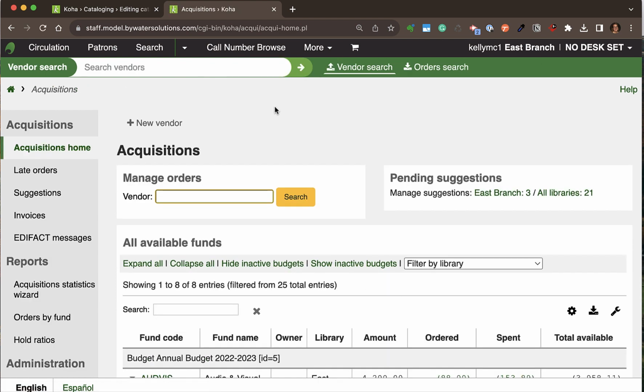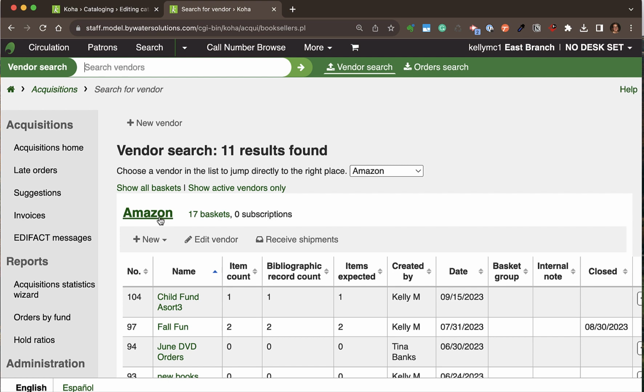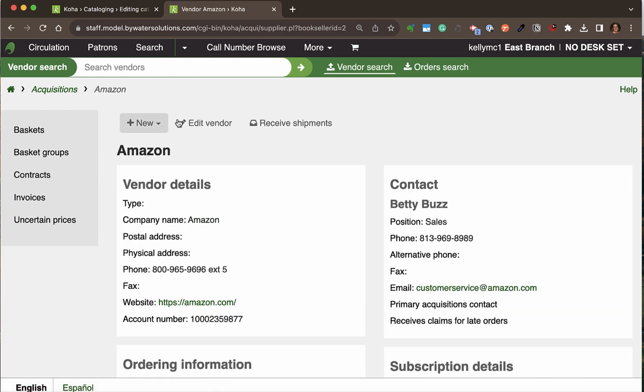Finally, we're going to head over to the acquisition module. Within the acquisition module, there are a couple of components that we're going to talk about. First, we have vendors within the system. A vendor will allow me to, in essence, create